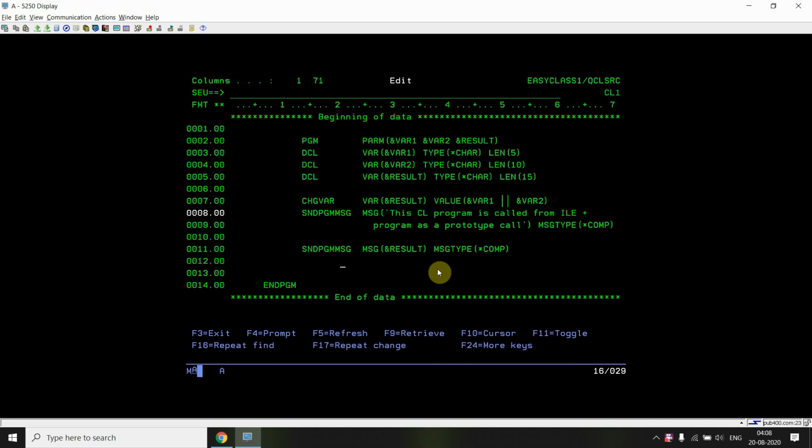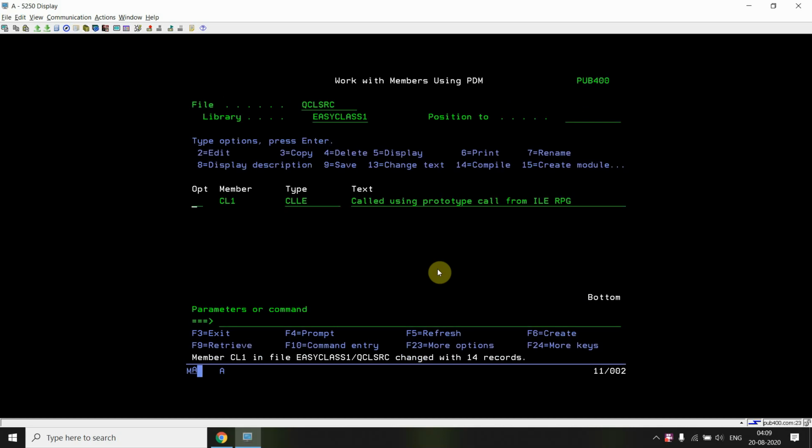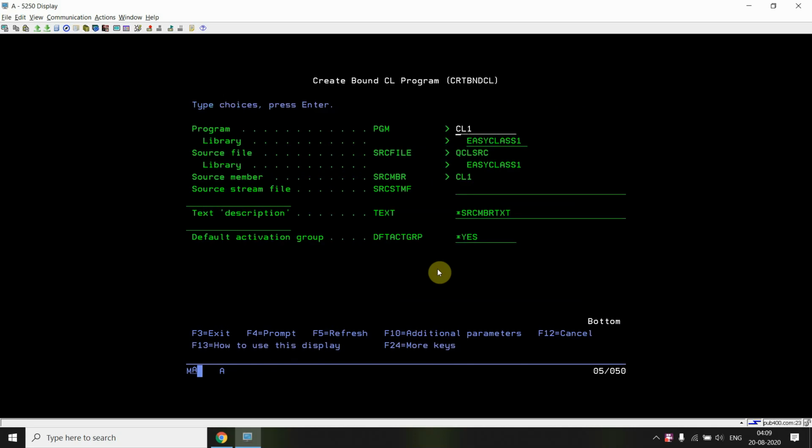This CL program is called from the ILE program as a prototype call, and we are also passing the message, whatever the result is generated. Now just compile this CL program using option 14, create bind CL.